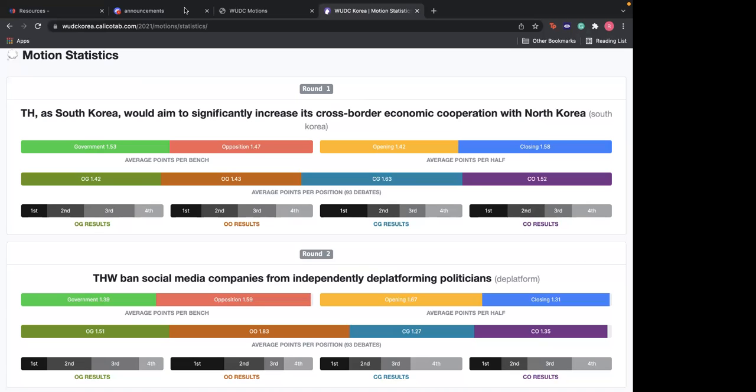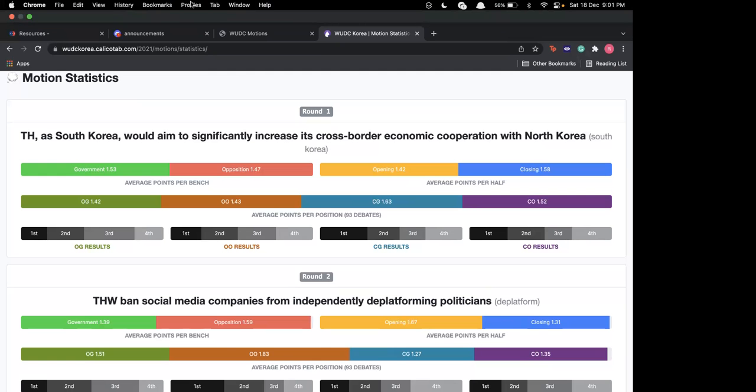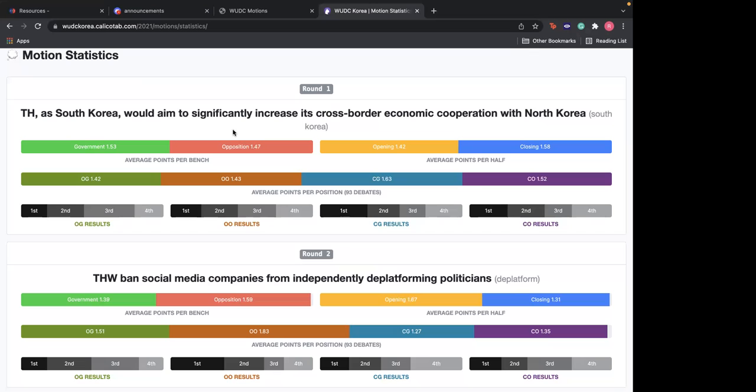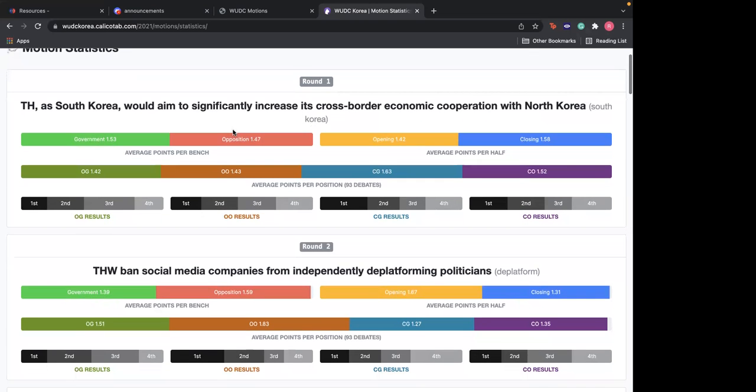Opposition has to argue why this is particularly bad for South Korea. Therefore, this debate is not about other individuals. If I'm able to prove that this is particularly good for someone in the US, that does not matter because the US is not part of this debate. This debate is about this house as South Korea, and therefore you have to focus individually on the benefits of South Korea at proving why it's good or bad for them. That's number one.